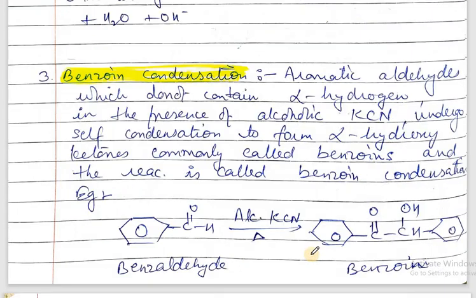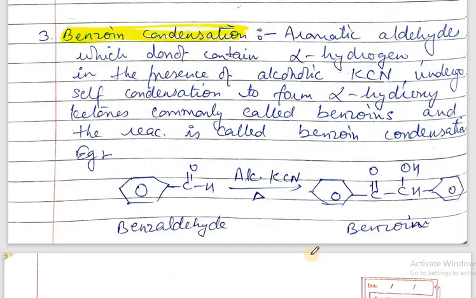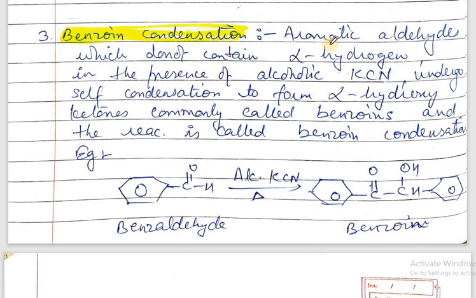So next is benzoin condensation. This is specially for aromatic aldehydes, and this is to be noted. Benzoin condensation is for aromatic aldehydes which do not contain alpha hydrogen. So it is very important that benzoin condensation takes place in aromatic aldehydes only, and which do not contain alpha hydrogen. And in the presence of alcoholic potassium cyanide, it undergoes self-condensation